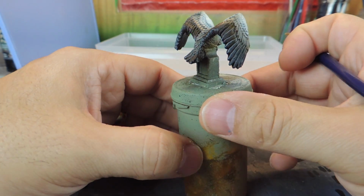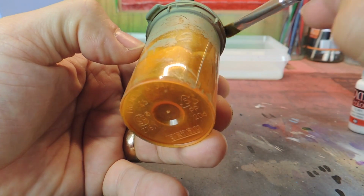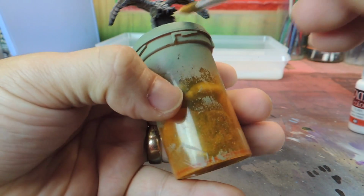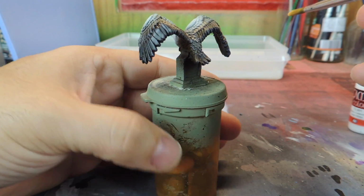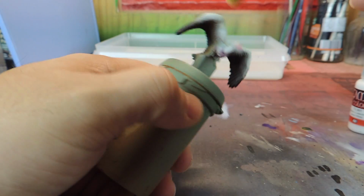So I do like to use Vallejo paints, as I mentioned earlier, so I just kind of wanted to look through and talk a little bit about the paint that I use, and featuring this paint in particular. I'm using Game Color here,